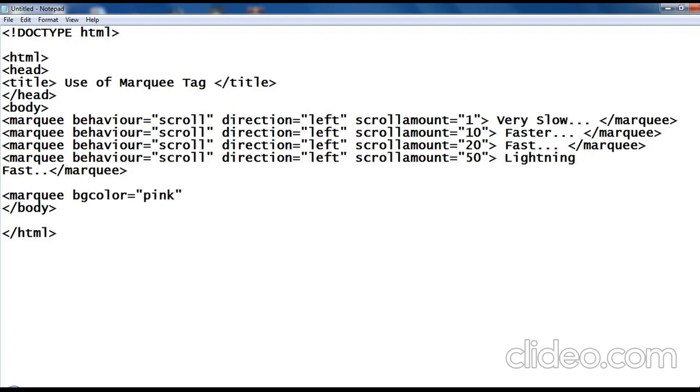Okay, so I'm using marquee bgcolor. BGcolor stands for background color, equals pink. Okay, behavior is slide, direction equals left in double quotes.